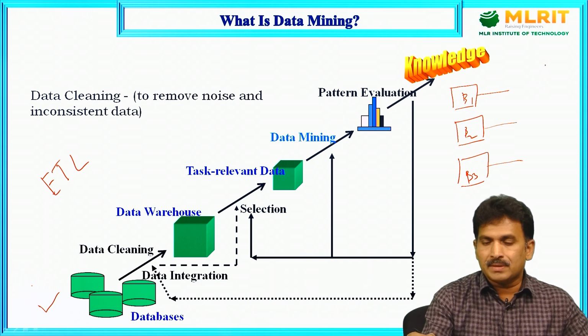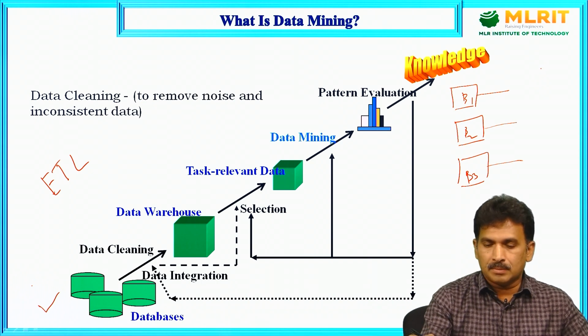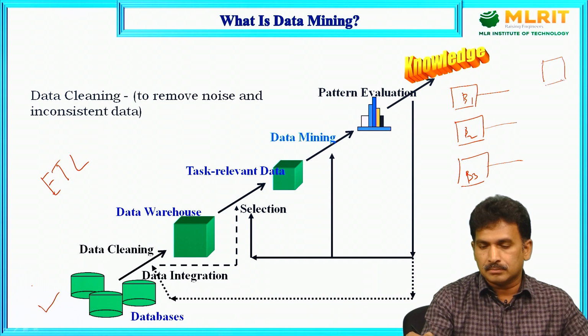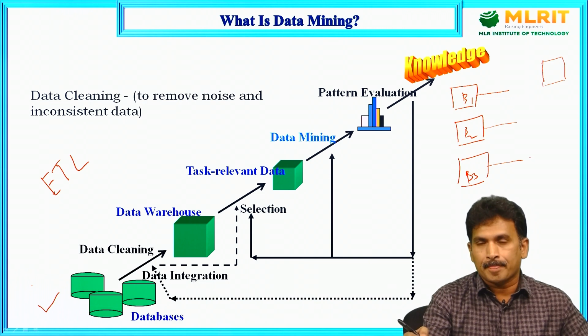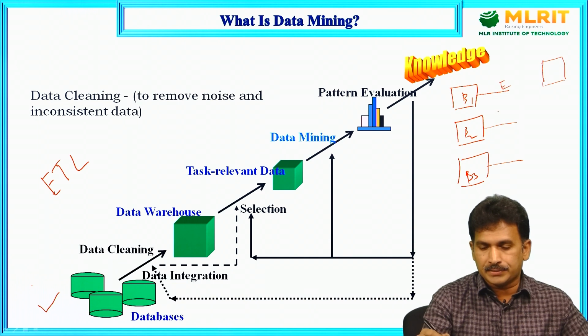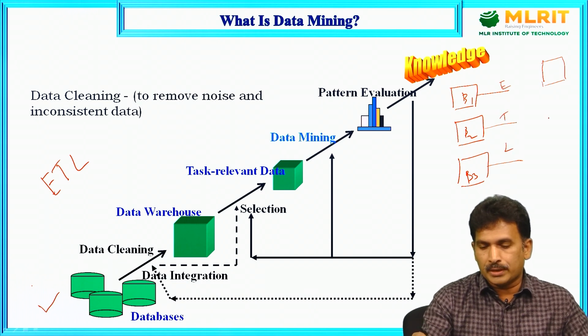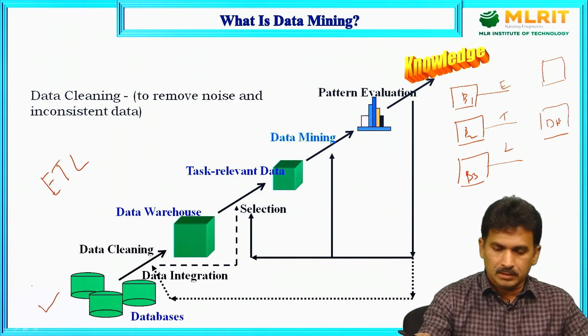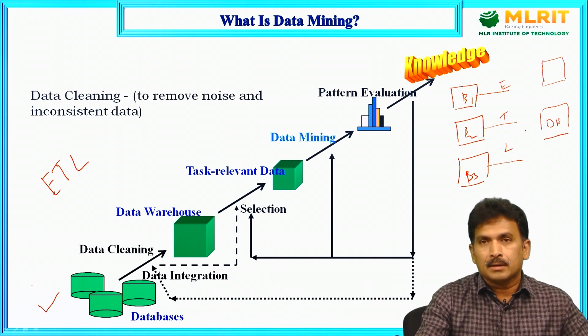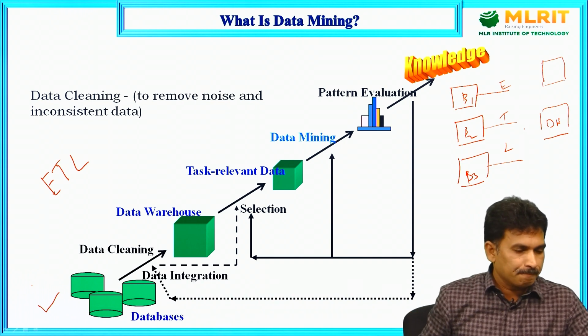But the business analysts might be sitting in one place. So to take any decision or to improve the business, they need to get the information from all the branches. For that purpose, this data needs to be extracted, transformed and loaded into a single database. This is mostly what we use a data warehouse for. We are not going to discuss it in detail because it is a concept we will study in data warehouse.